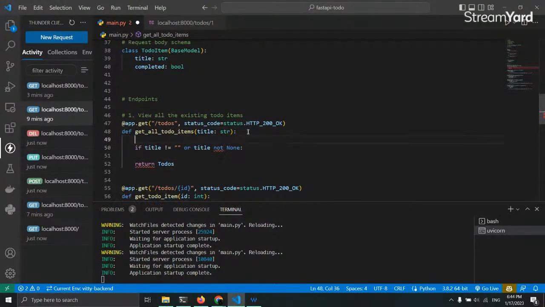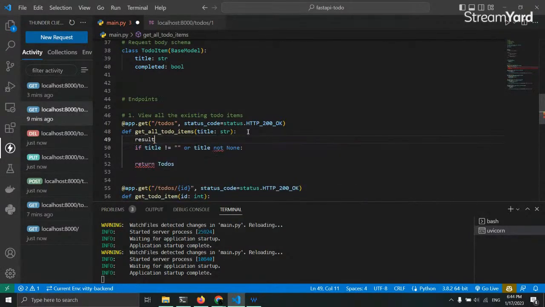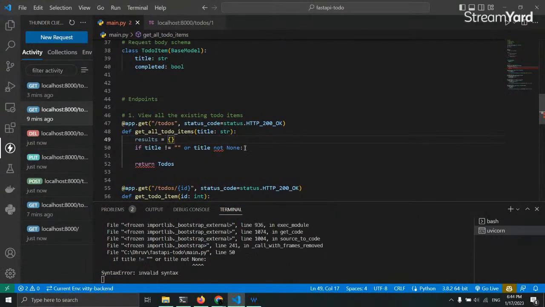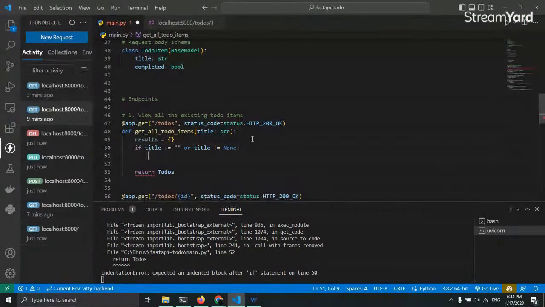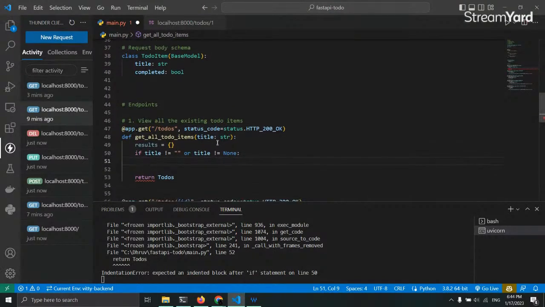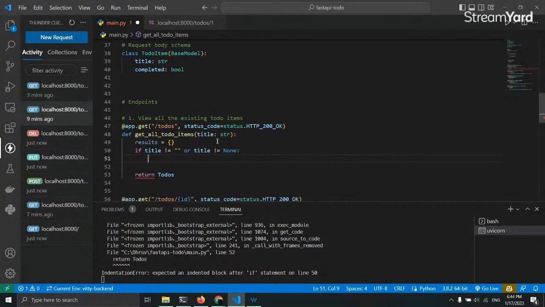okay, so we'll create an empty dictionary of results, and over here we'll create an empty dictionary for results, and every time we find a to do item where the title matches the title of the query, we will add that to our dictionary. So if